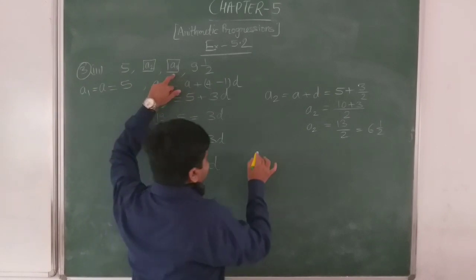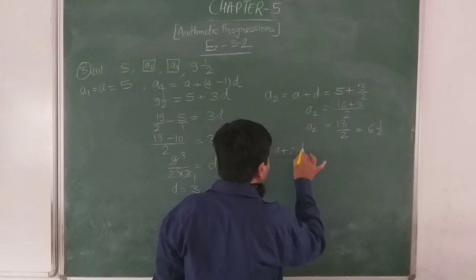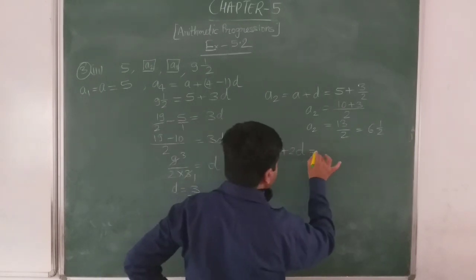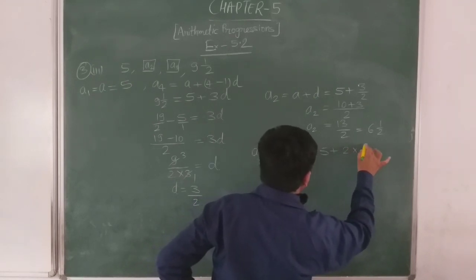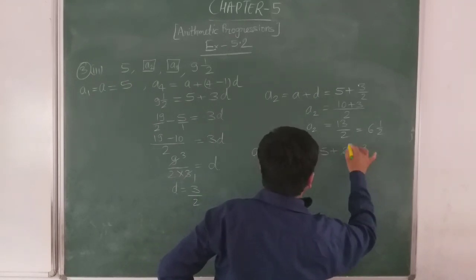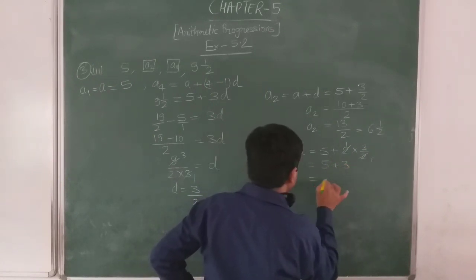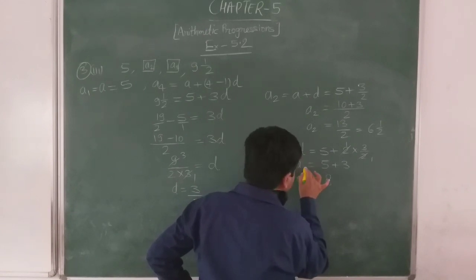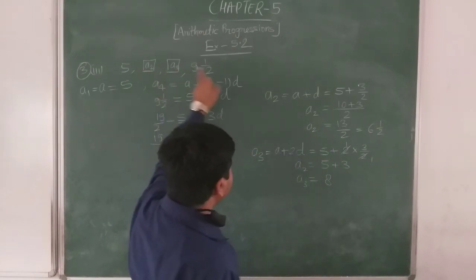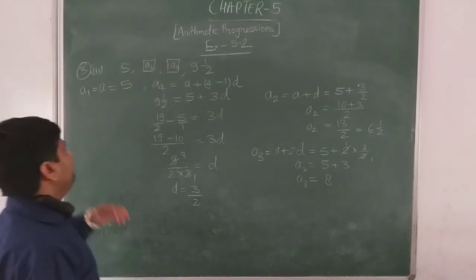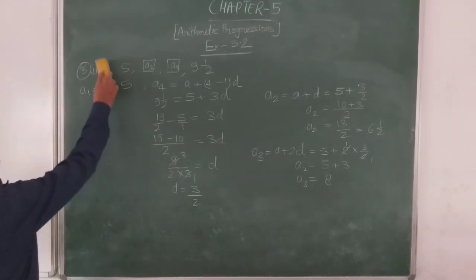Now the next term, that is A3, equals A plus 2D. A plus (3 minus 1) D, so A plus 2D. Now putting the values, A is 5 plus 2 into D, and the value of D is 3 by 2. This 2 is cancelled. 2 1s are 2. So what is left? 5 plus 3. So that will be 8. Now A3 will be 8. This means in the first box your answer will be 6.5 or 13/2, and the next box will be 8. Clear? Now next part I am solving the fifth, last part.